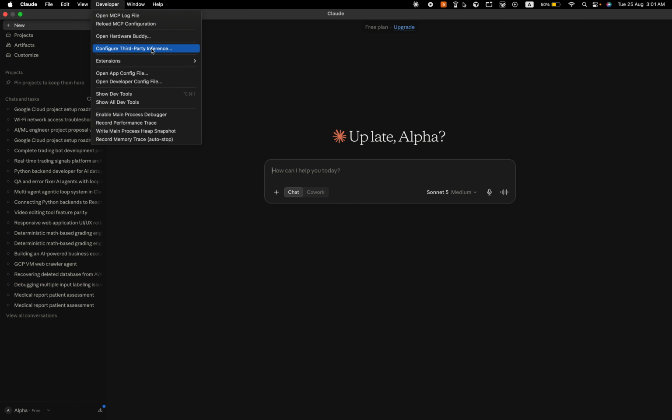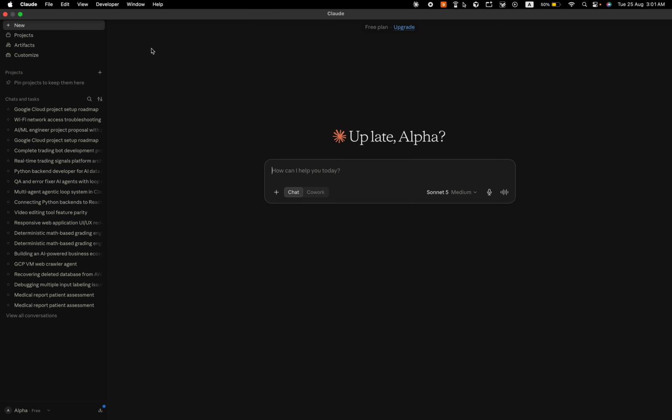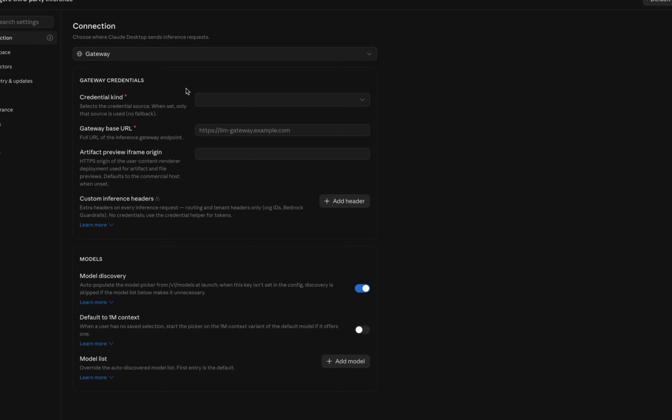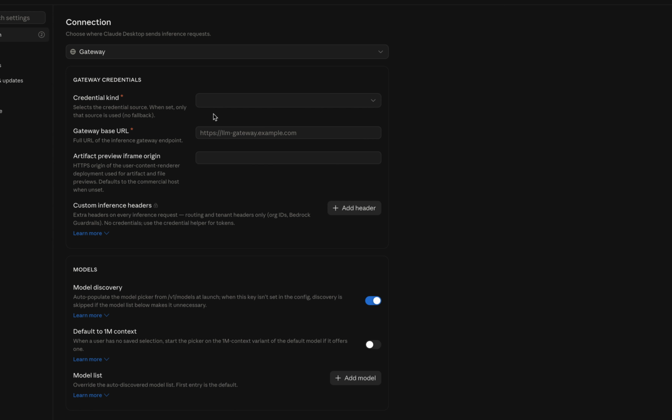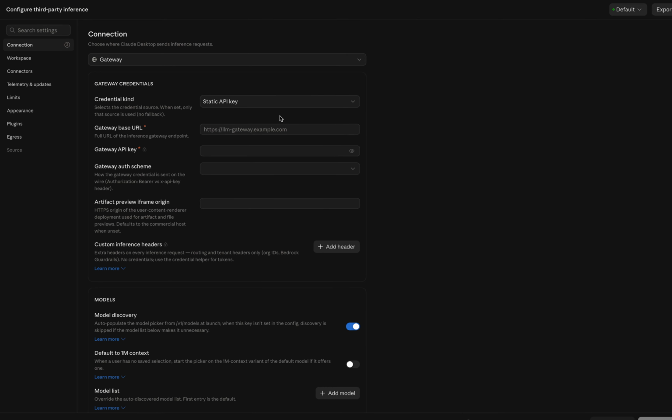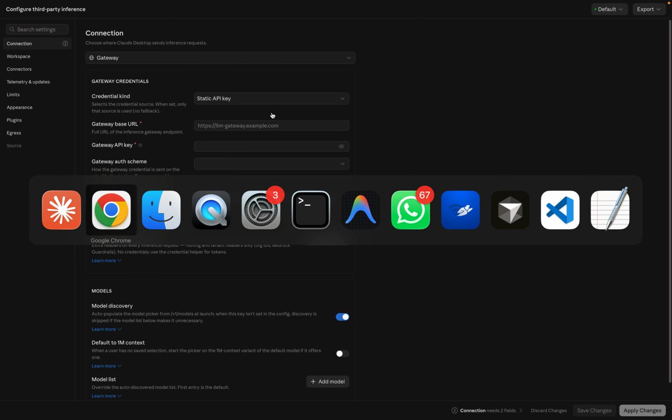Okay, and then click on configure third party inference, and here we can, on the gateway and the credentials type, this is where the magic will happen. First of all, I'll just click on static API key. Okay, and then back into the browser,